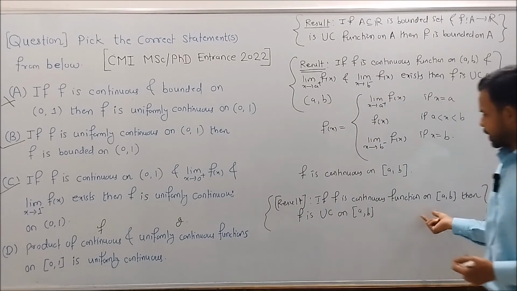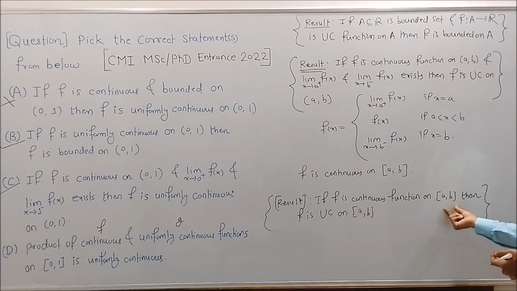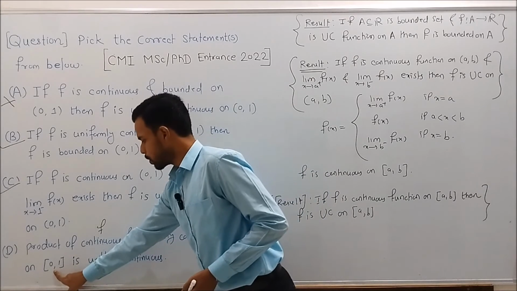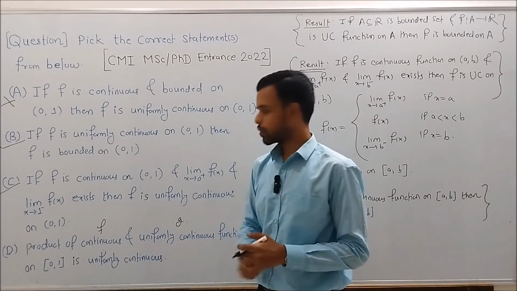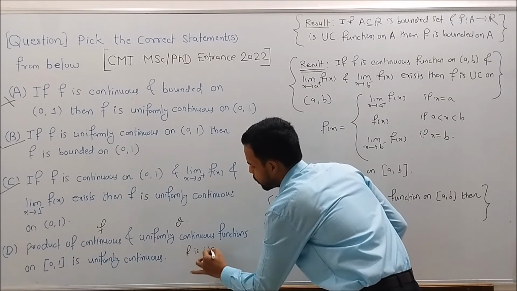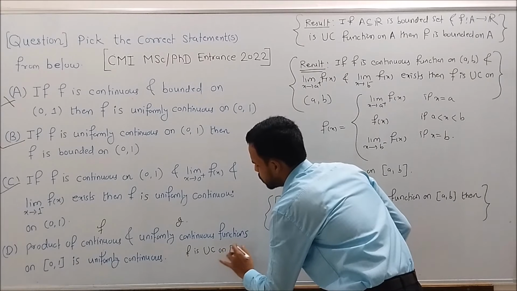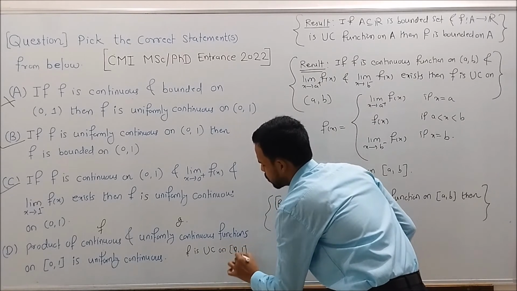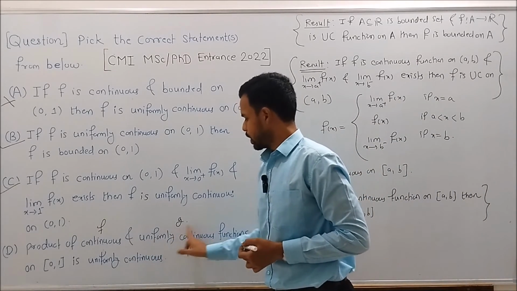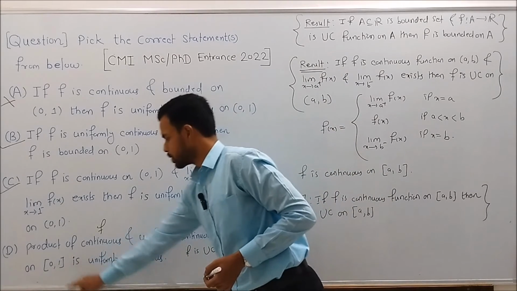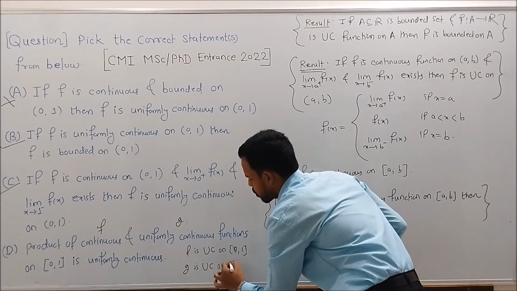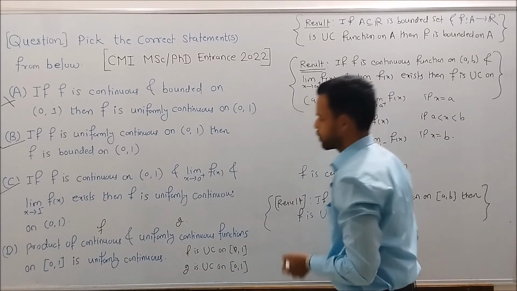Now use this result: if f is a continuous function on the closed interval [a, b], then f is uniformly continuous on the closed interval [a, b]. As f is continuous on the closed interval [0, 1], by this result f is uniformly continuous on the closed interval [0, 1]. And also we have g is uniformly continuous on the closed interval [0, 1]. Okay,